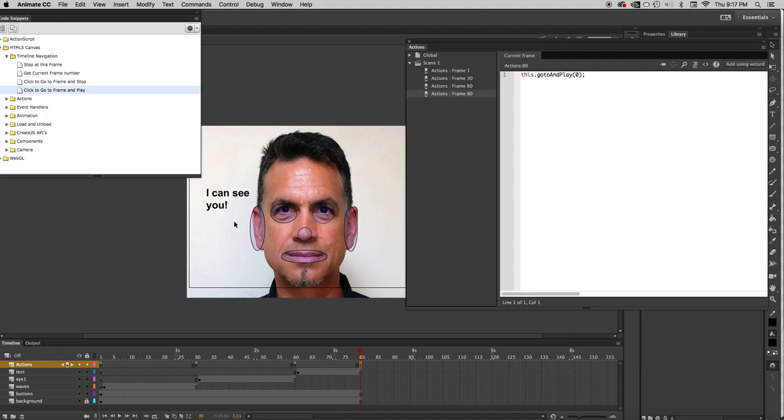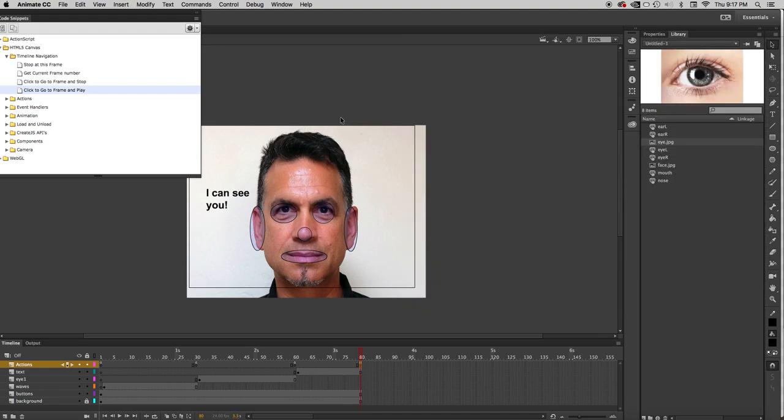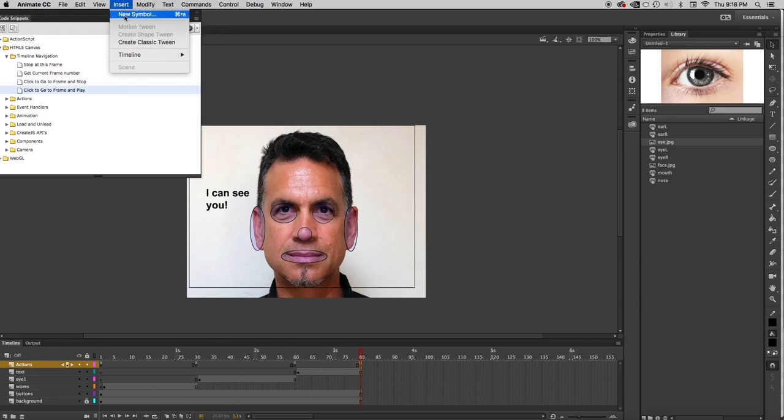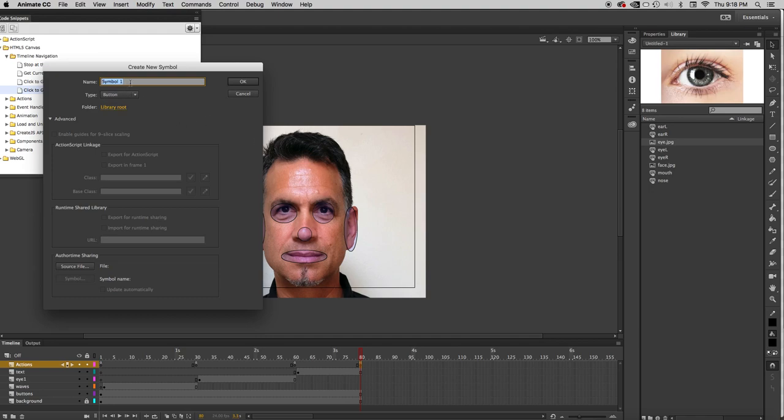in this ear here. So in order to make an animation, it needs to have its own timeline. So I'm going to create a new symbol, make something happen in that symbol, and then I'll drag that symbol in, and that will be the animation. So rather than saying modify or convert to symbol, we're going to go to insert new symbol. New symbol means here's a blank symbol to start out with. So I'm going to call this my ear animation, and I'm going to make it not a button but a